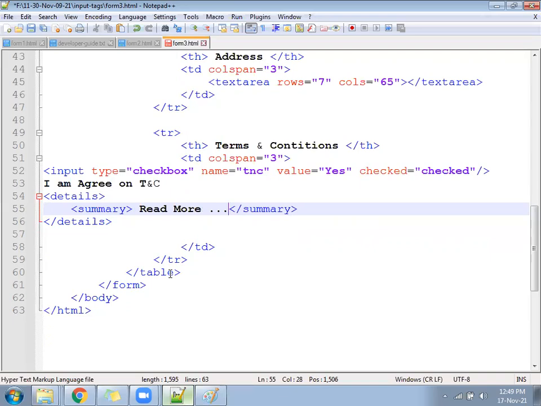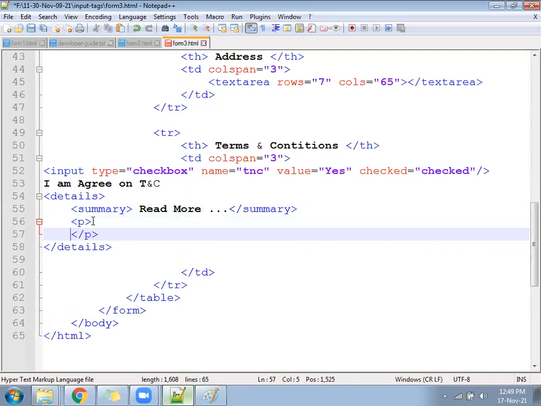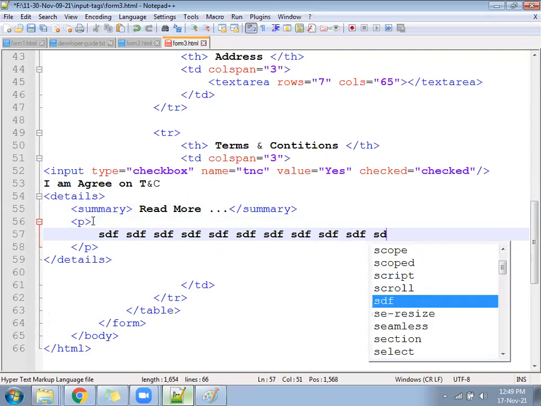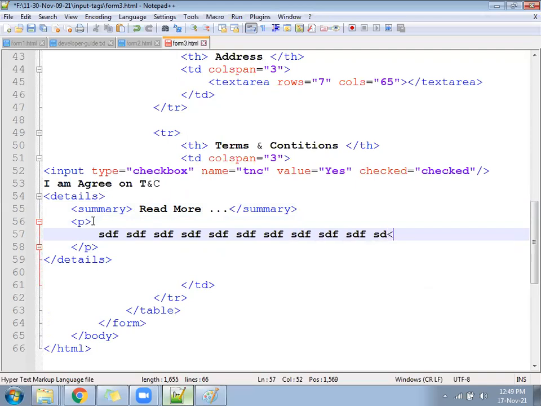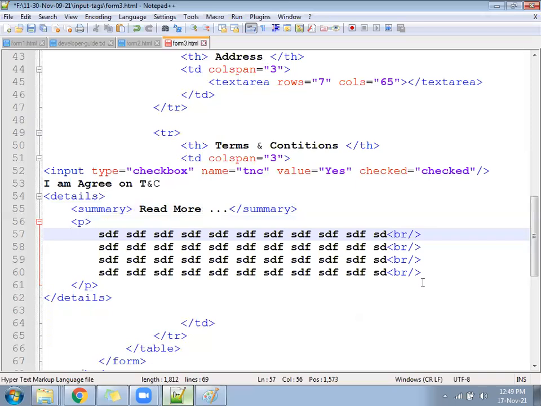Once you click on that read more, some text will appear below. One line BR, second line BR, third line BR, fourth line BR.